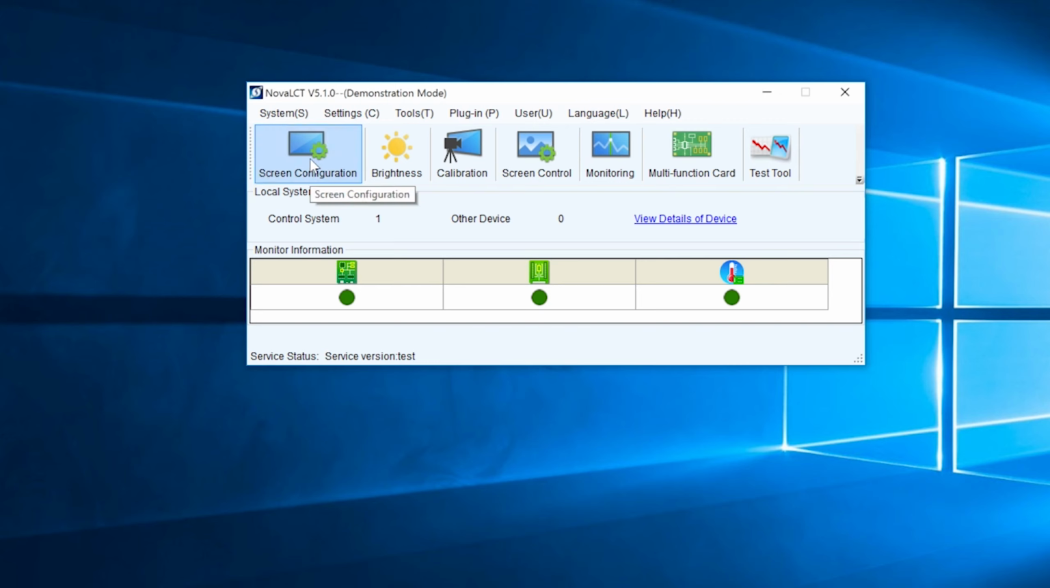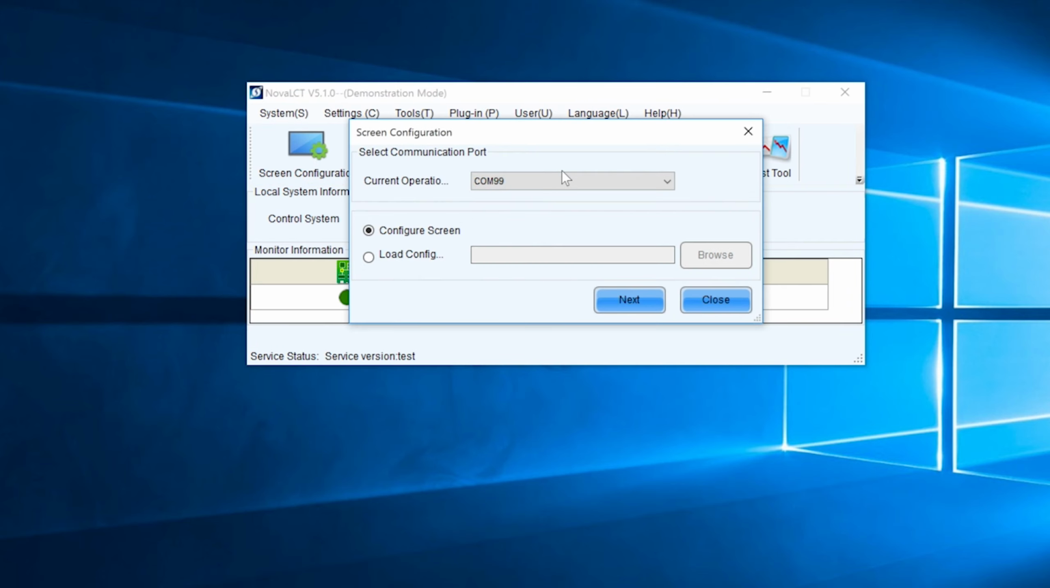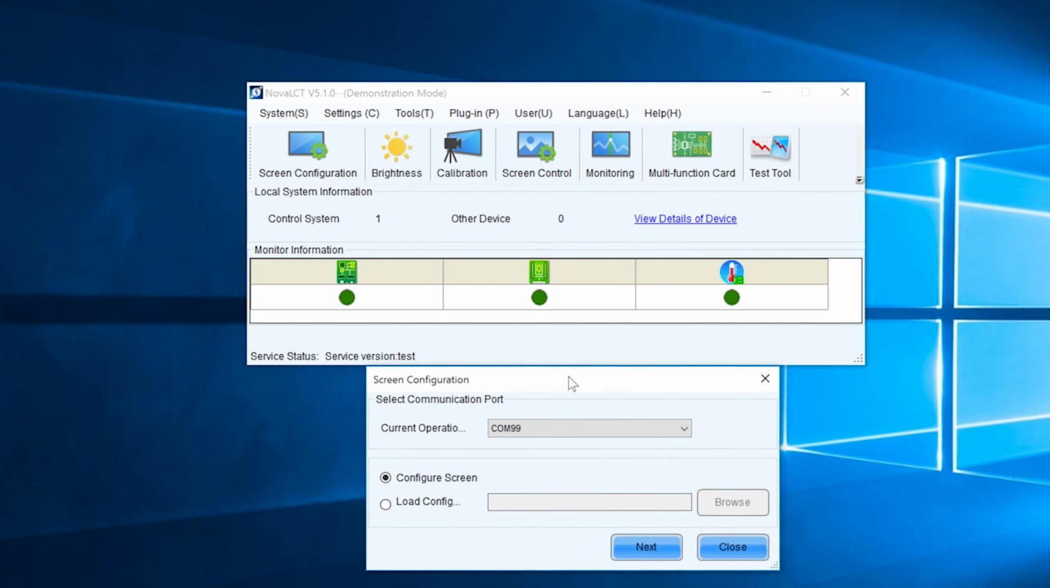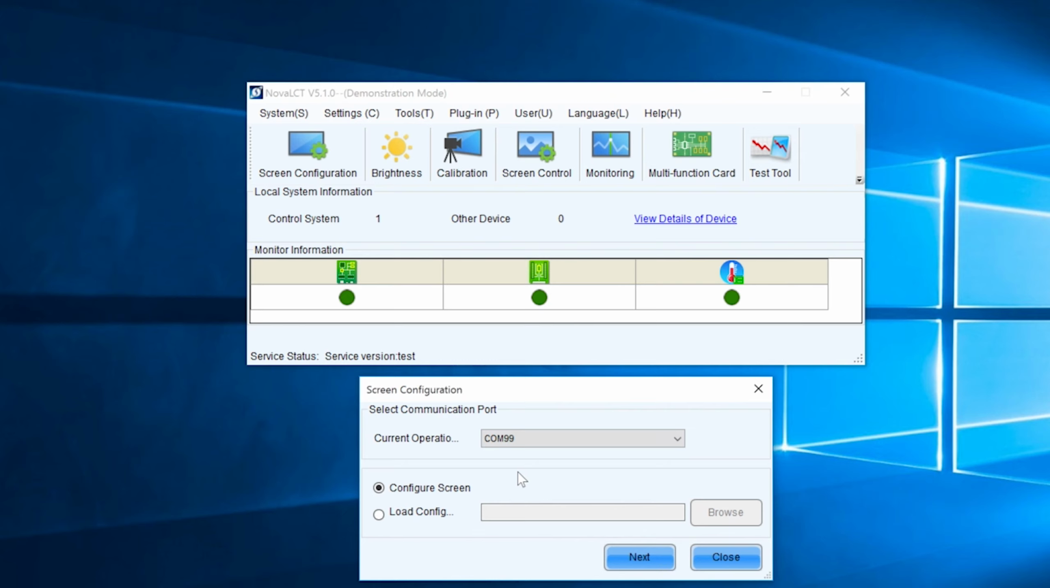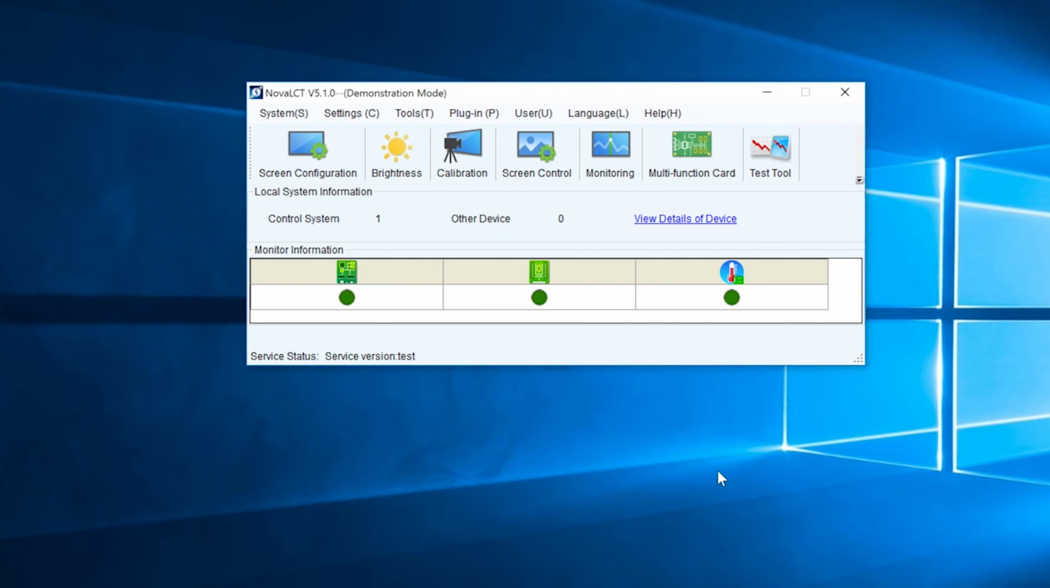Let's go into the screen configuration now. This is one of the biggest parts of setting up the screens themselves. As you can see, because we are in the demo at the moment, we're still connected on COM port 99. If you drop down, that's the only one we've got. If you did have more Novastars connected, you could go through and select from this drop down of the multiple Novastars. So if you go to next,